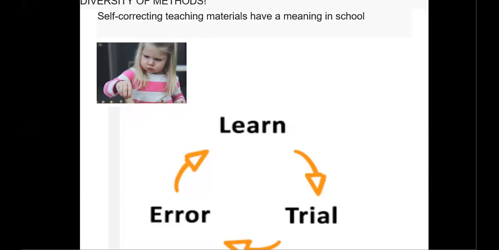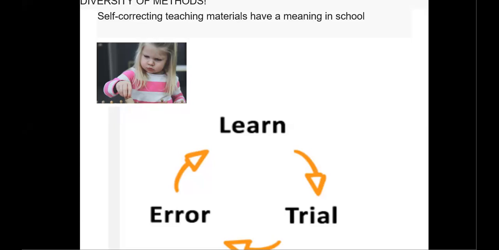We should not forget that websites here help us in the process of trial and error by diverse tools. This is a circle, the theory of learning, trial, and error.